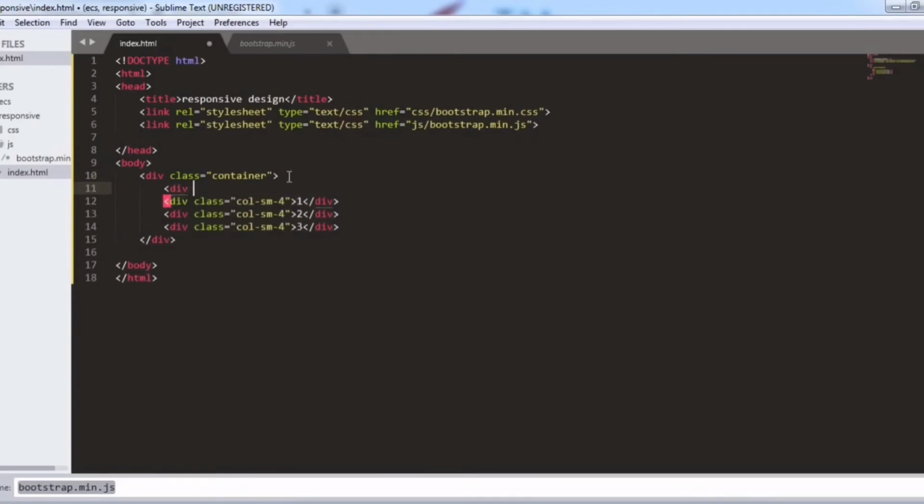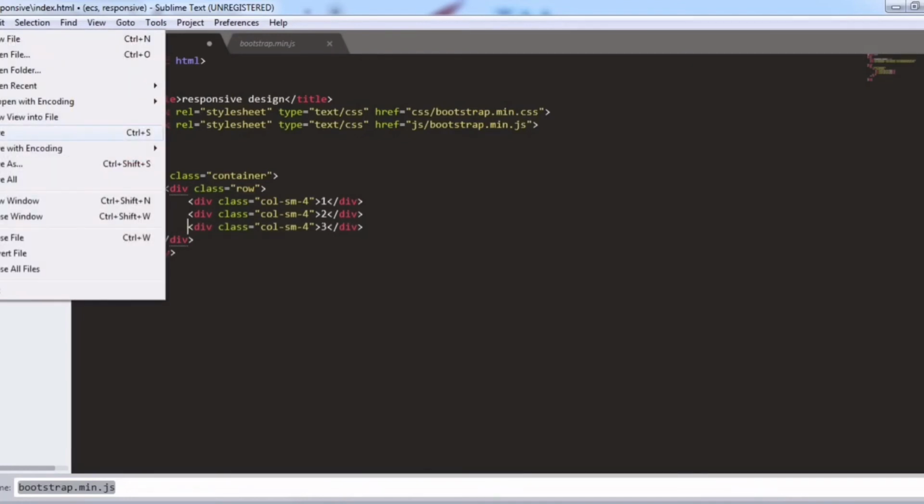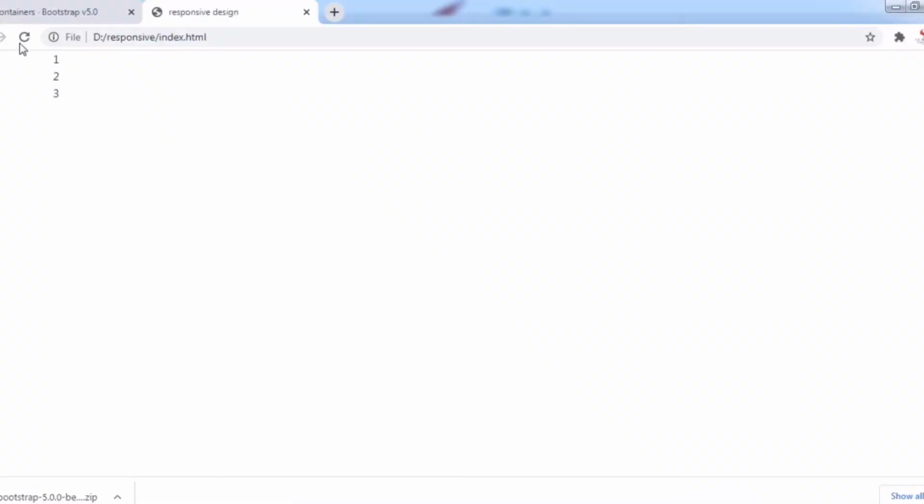Now I will take another div with class row. And here I will close my div, that is class row. So these three divs are being closed, and save the file. We will go to the browser and we'll check after refreshing that these are in rows.